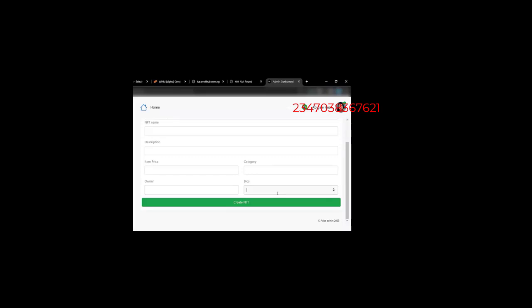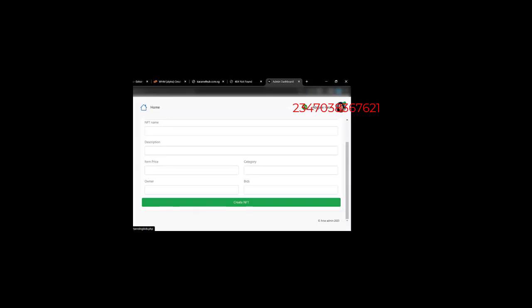Up next, we're going to go to mint management. I already showed you pending mints. This is where you get to approve the NFTs that the users are creating, and you can also see a list of all the NFTs that you have approved right here. I've showed you bid management also. You saw where I approved the bid that I did from the user dashboard. Now you can also see a list of all approved bids,